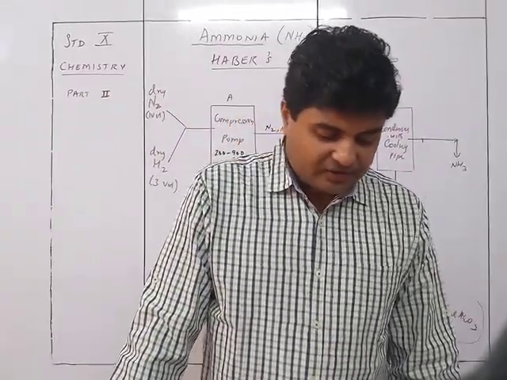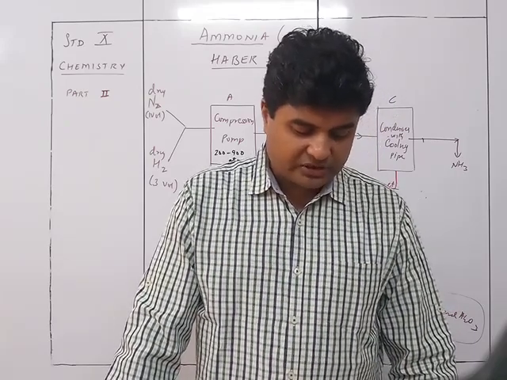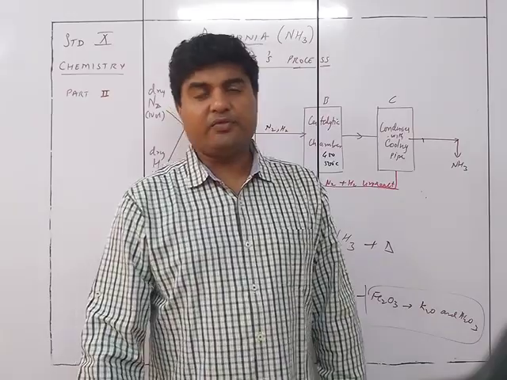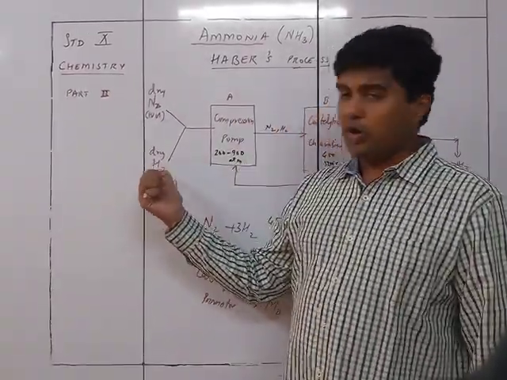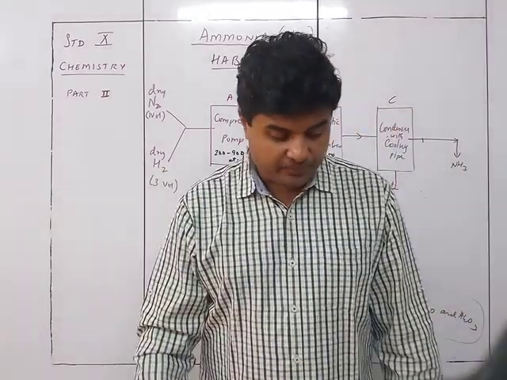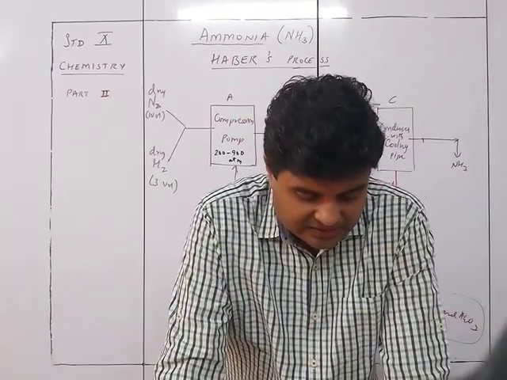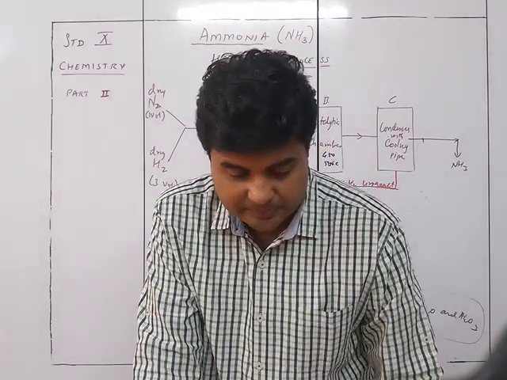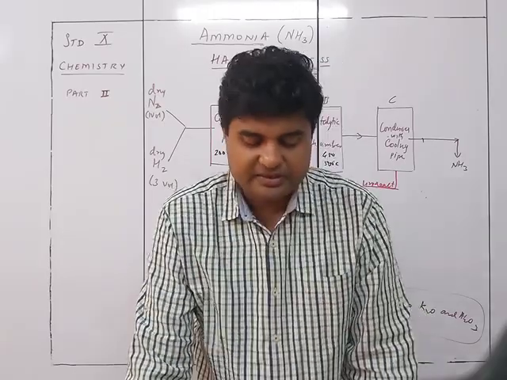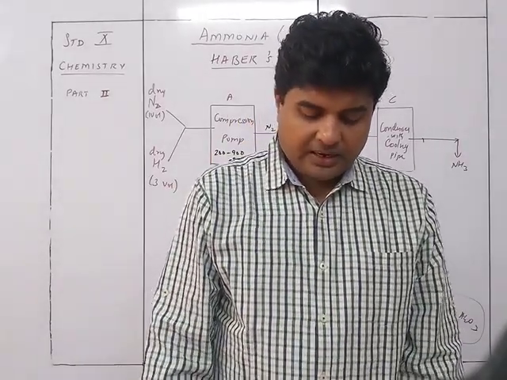The higher ratio of hydrogen, or an increase in the concentration of the reactants, favors the forward reaction to give optimum yield of ammonia. So there is a slight increase in the volume of hydrogen which you are using. The reactants should be free from impurities, pure and dry, since impurities tend to poison the catalyst and reduce its effectiveness. Temperature: an optimum temperature of 450 to 500 degrees Celsius is used in the Haber's process.